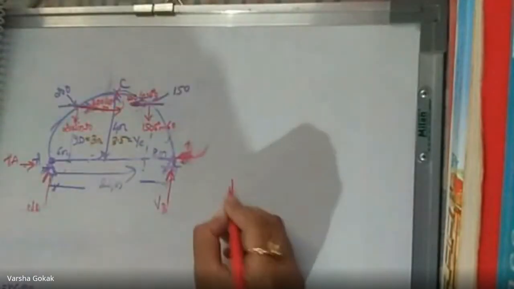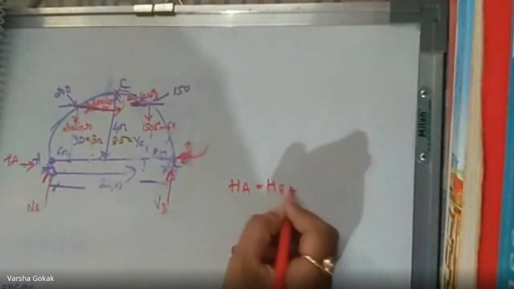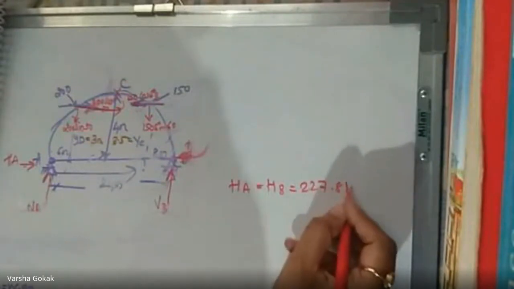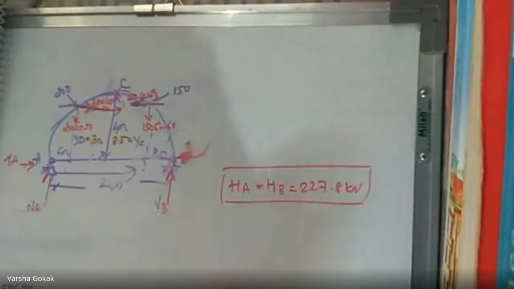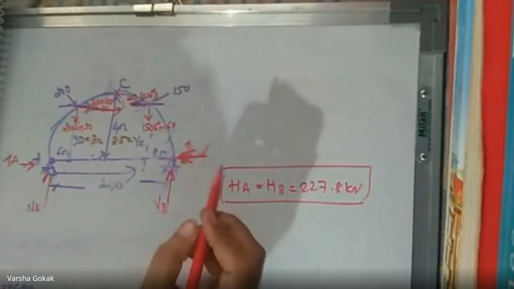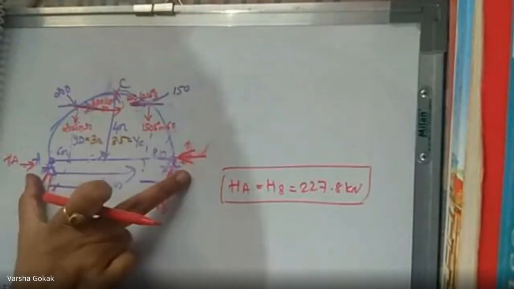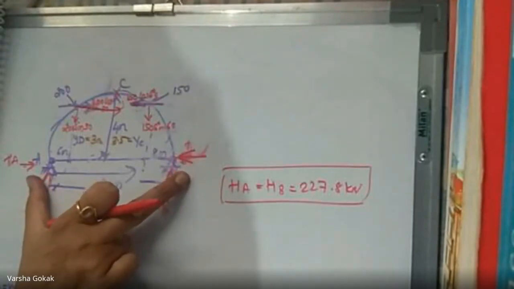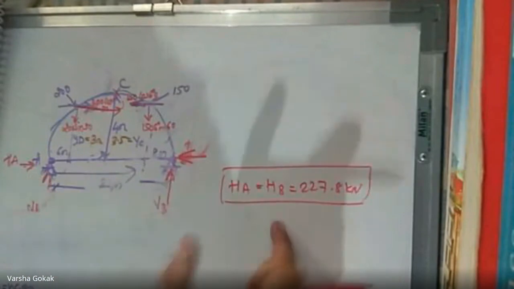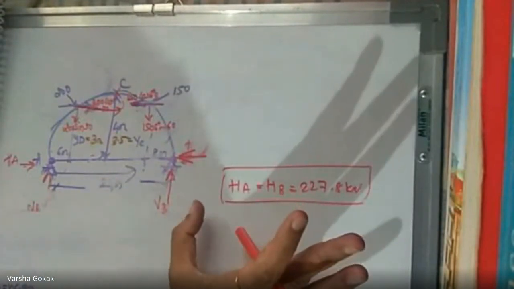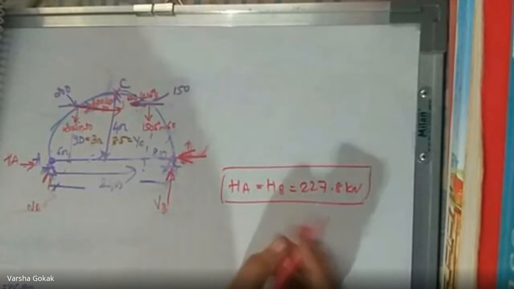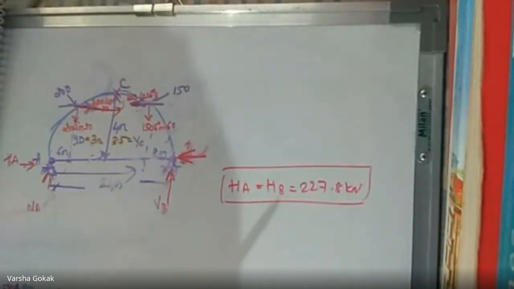That is correct, ma'am. Previously also, I think when I drew the diagram, somewhere it had gone wrong, because your HA will be equal to HB, that is 227.8 kilonewtons. HA will be equal to HB because previously also we saw these are both hinged supports. If I see only the hinge reactions, this will be the same. HA equals HB, that is 227.8. Okay, and VA and VB are correct, that is 106.97 and 122.3.